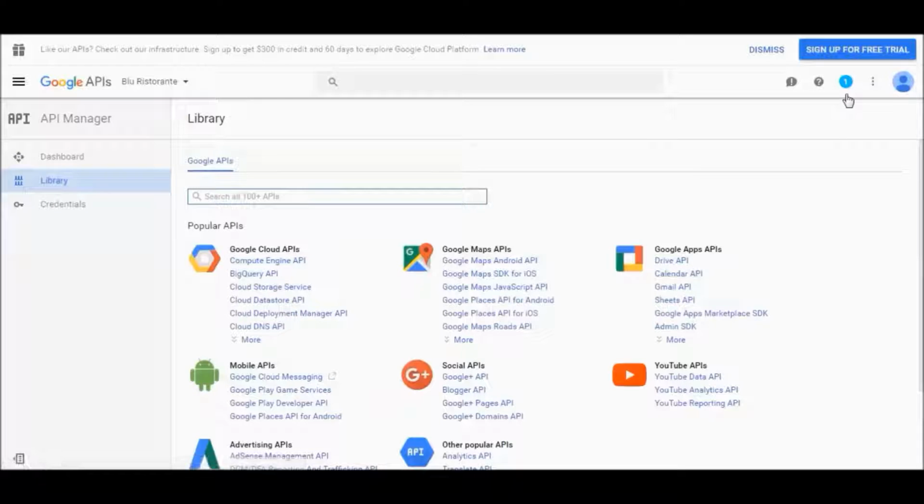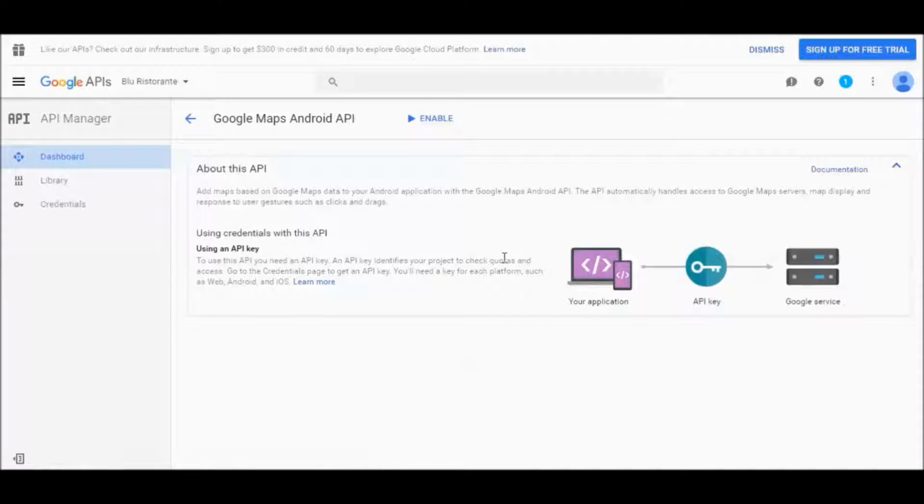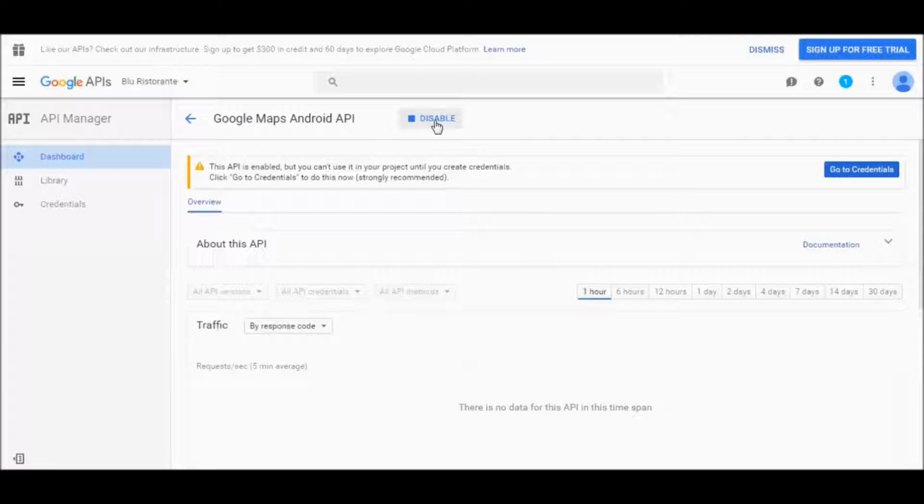Okay, perfect. So here we are. First thing we need to do is we need to go create Google Maps Android API. Okay, you can see we're in that Blue Ristorante section. Okay, so we're going to create the Google Map Android API here. Okay, and we go enable. Perfect. So right now it says this API is enabled, but you can't use it in your project until you create credentials. Okay, so we need to go to credentials,